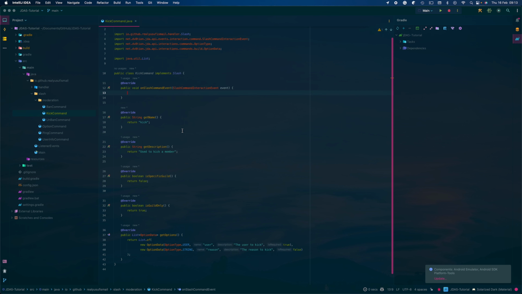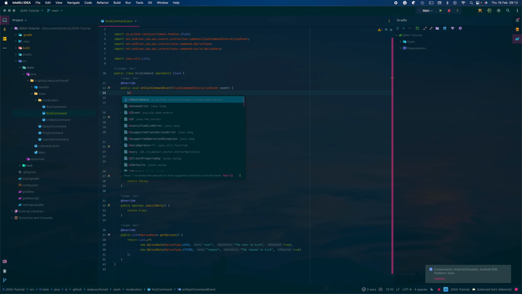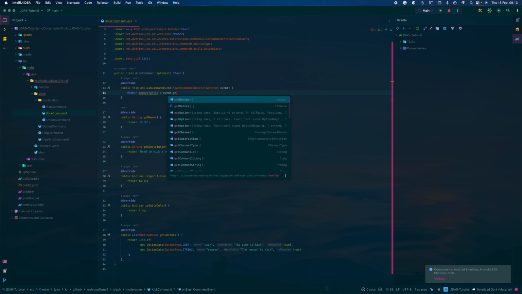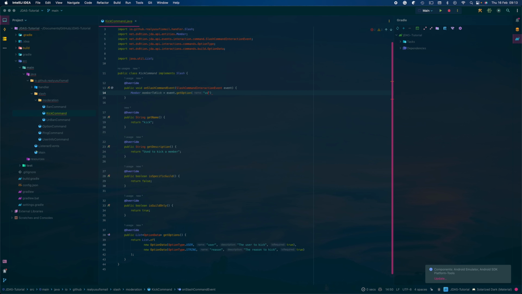Now, both need to be required. Actually, that needs to be required. So, anyways, now you want to get the user. Actually, it has to be member. Yep. Member to kick equals event dot get option user, and option mapping